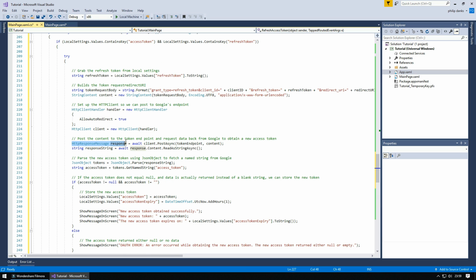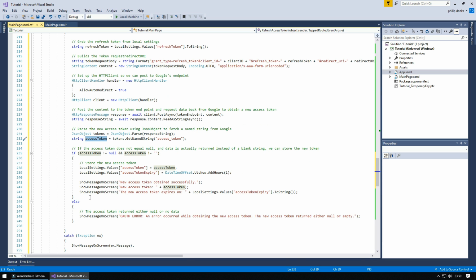Again, we request a response from Google, and we store the response string in a string. Again, we parse the JSON object, the tokens, and obtain the new access token. This time we don't need to obtain the refresh token because we already have it, and we only need to store the access token and the new access token expiry inside the local settings. So we show the message on screen, new access token obtained successfully,